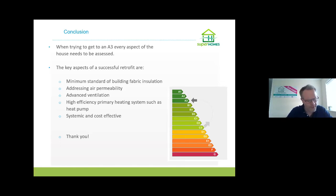And I wanted to give an example of something which demonstrates the skills and experience of retrofit professionals in bringing about the bespoke solution for that house. I think that's the challenge that we face through our ambitious targets to retrofit 500,000 homes to B2 standard, is that they're not all going to be glamorous projects, and you're not going to have the opportunity to go to a house in every instance. We're going to get into a lot of houses of the era of this house where you're going to have a very bespoke solution and one that keeps the cost down to a minimum while at the same time delivering a very successful retrofit